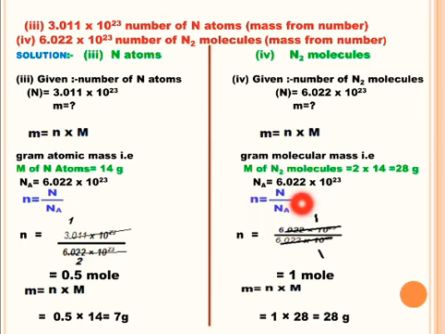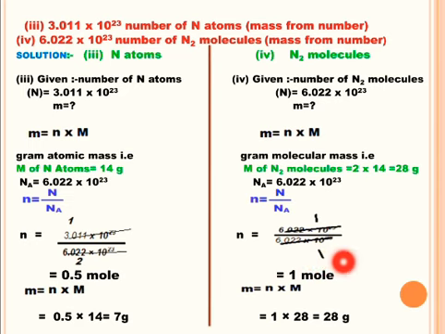So by putting the value of capital N and Avogadro number in this formula, we can get the value of small n, that is number of moles. So capital N is equal to 6.022 into 10 raised to power 23 divided by Avogadro number, which is also 6.022 into 10 raised to power 23. So 10 raised to power 23 is cancelled with 10 raised to power 23, 6.022 is cancelled with 6.022. So value comes out to be 1 by 1. It means number of moles is equal to 1 mole.